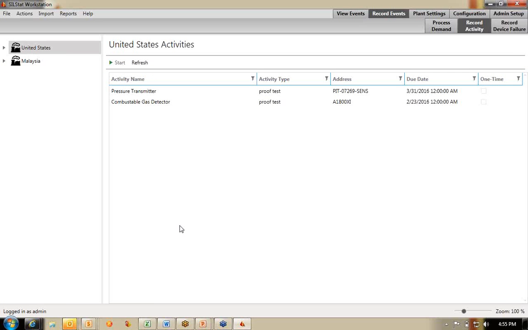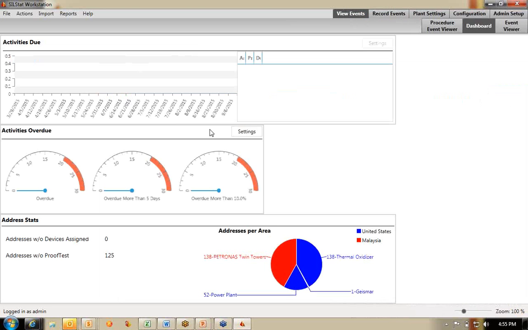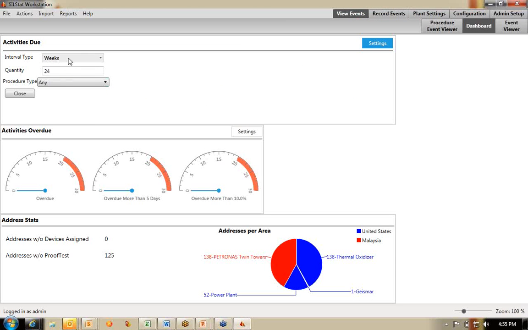Now, one of the things that you will see here is that the pressure transmitter proof test is still on there, but now it has a different due date. The due date is now 2016 and not 2015, so the tool will automatically know, hey, you need to do that. And then if we go to view the events, go to our dashboard,